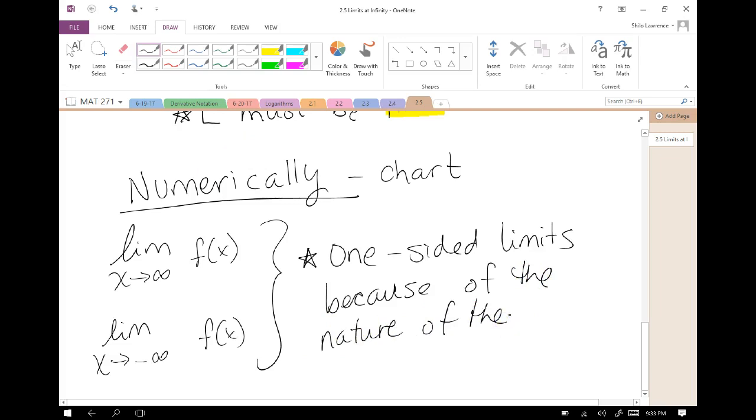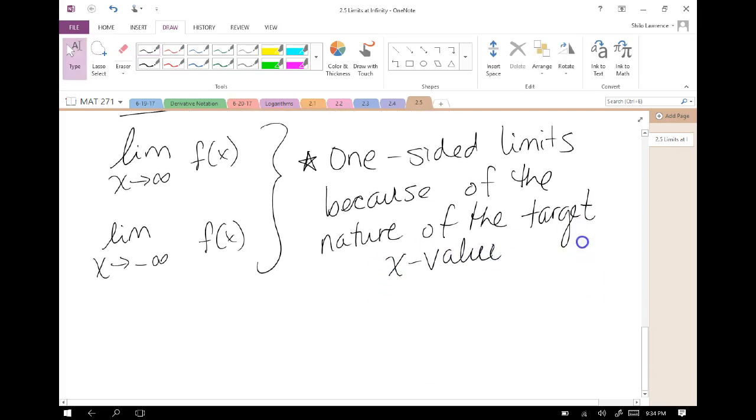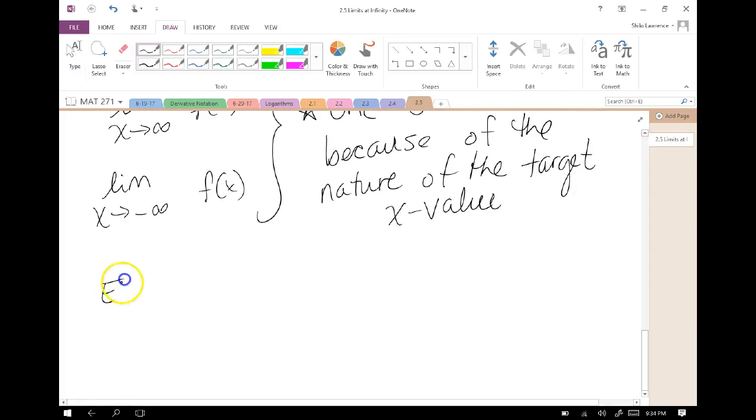So if you do this numerically, you're not having to approach from both sides and make sure that they match up. You only need to approach from one side. And we need to get really large by powers of 10 if we're going off to positive or negative infinity. So if we want to find the limit as x approaches infinity,